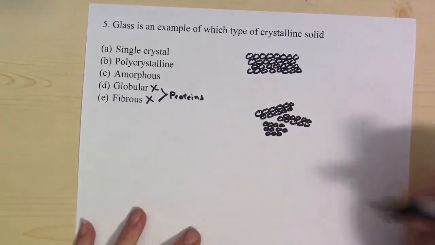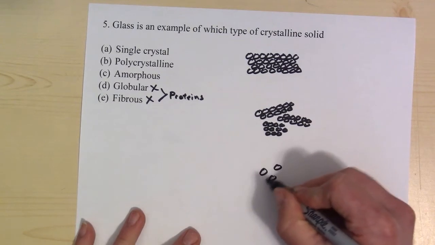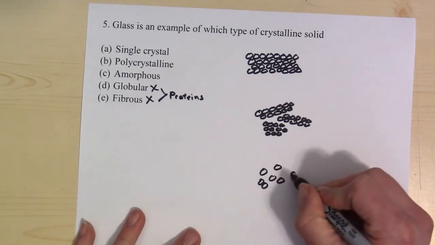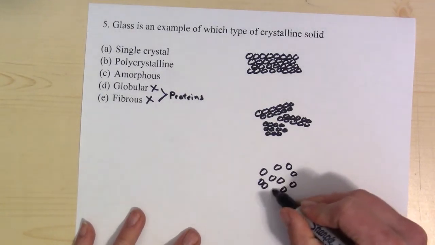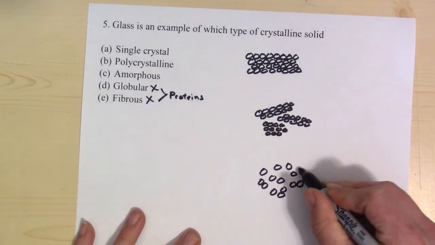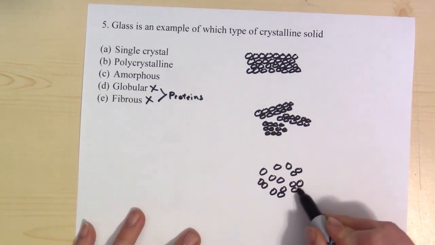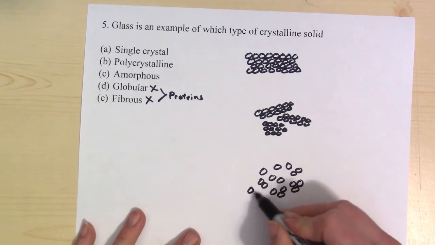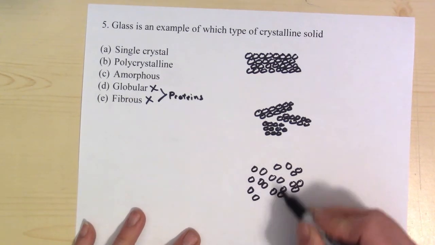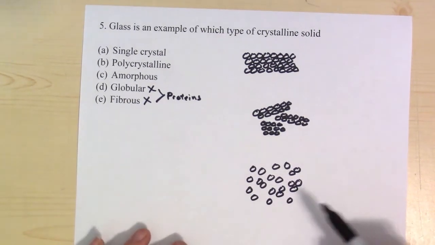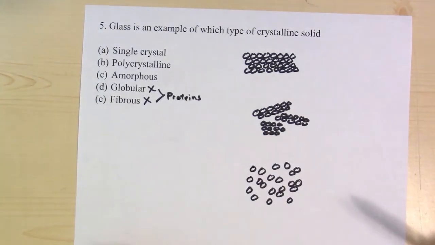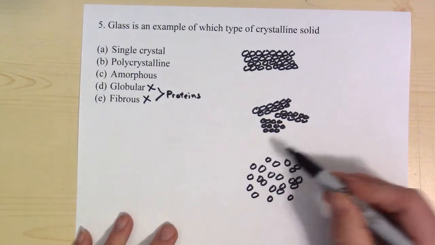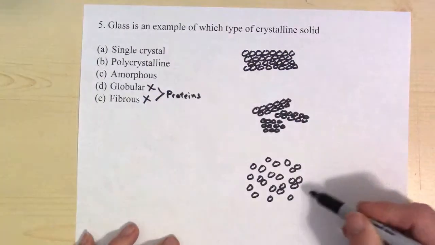And then amorphous is where you have kind of a random dispersement of the atoms in the structure. You may have some very small areas of regularity, but for the most part, the molecules or atoms involved in an amorphous crystalline solid are going to be pretty randomly distributed, and glass is going to be an example of the